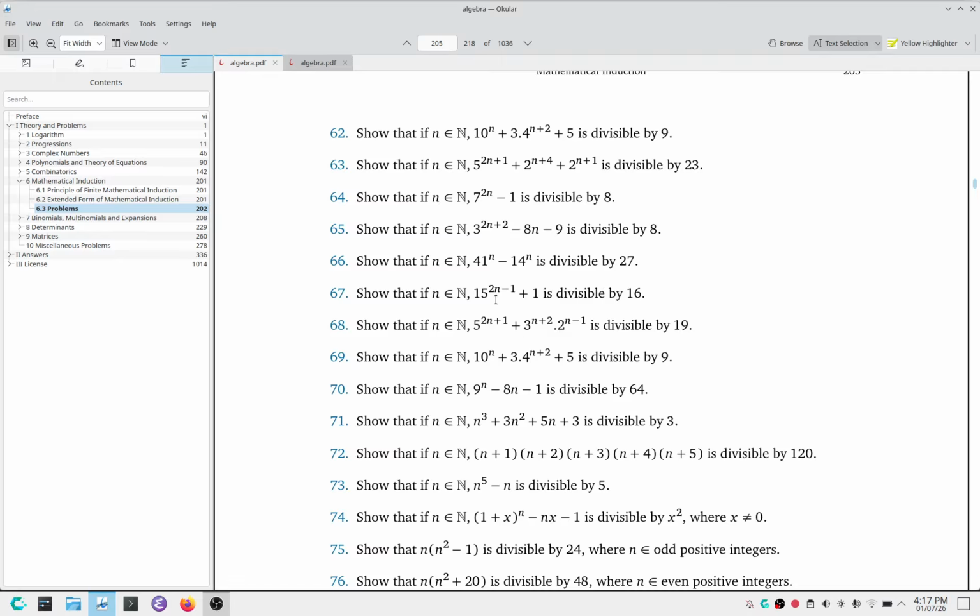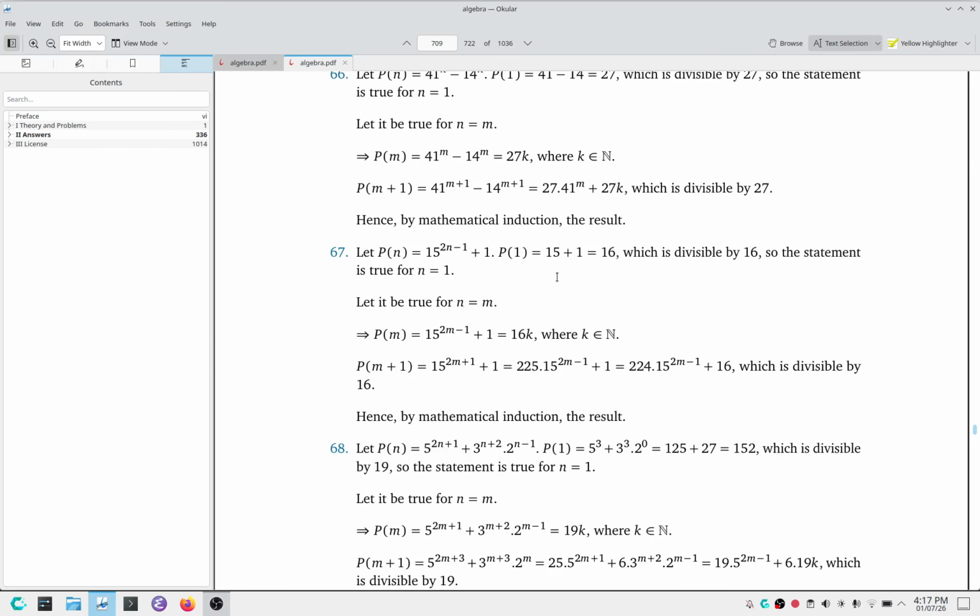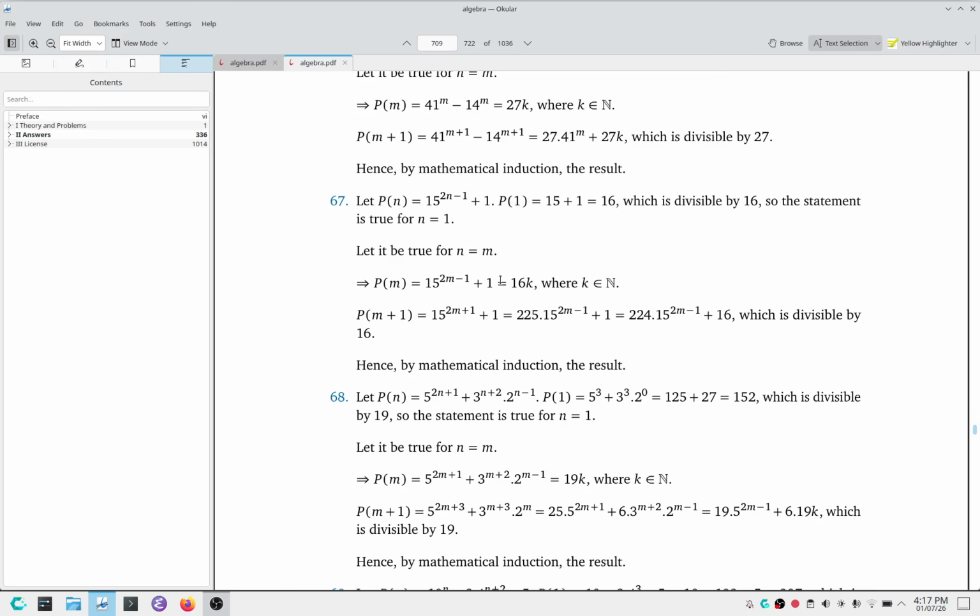Question 67, the expression is 15 raised to the power 2n minus 1, plus 1, should be divisible by 16. We put n equal to 1, we get 16, and then we put n equal to m. We let the expression be equal to 16k, then we put n equal to m plus 1, we get 15